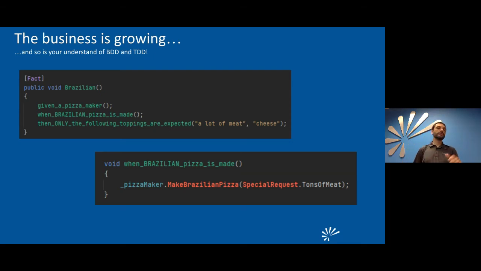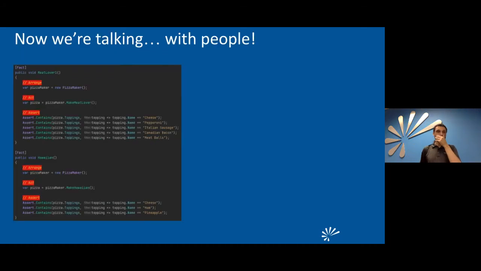Because somebody could say, oh no, for Brazilian pizza, we cannot use the pizza maker object as it is. There's actually an API that we have to call. And so maybe we need to create a proxy into that API or some sort of, however you're going to be implementing that. It's my time to think about that, right? But instead of starting with that, I start with the behavior. Then I figure out how I want to implement that as far as code goes, right?